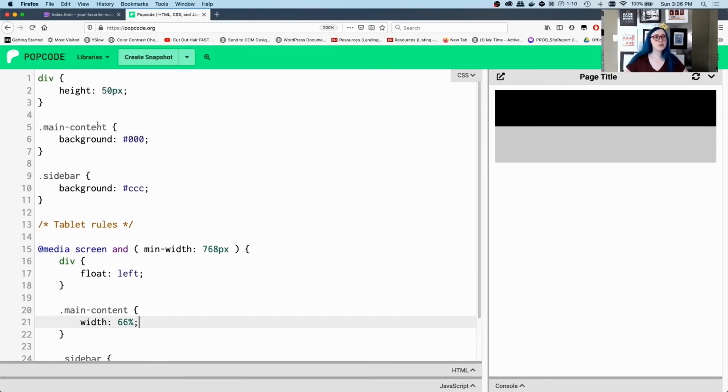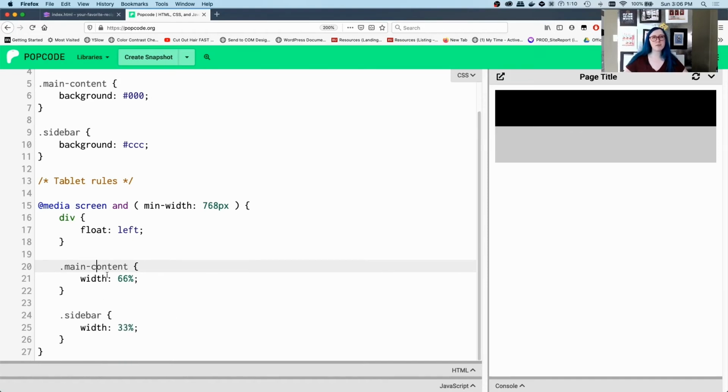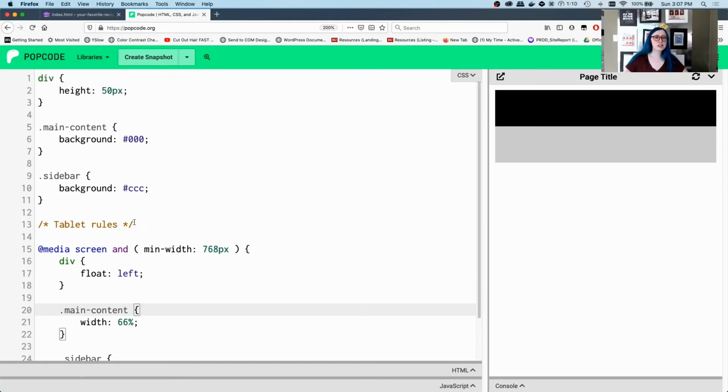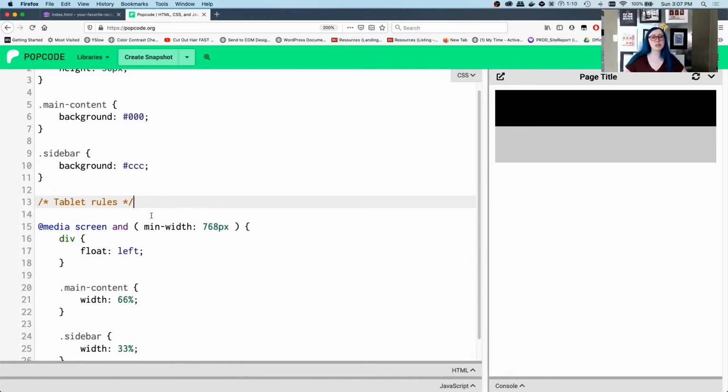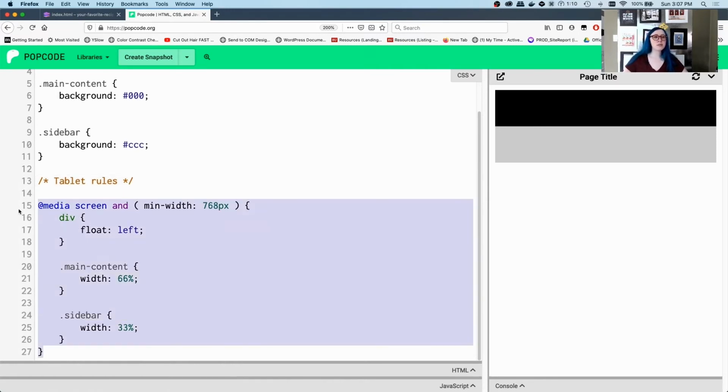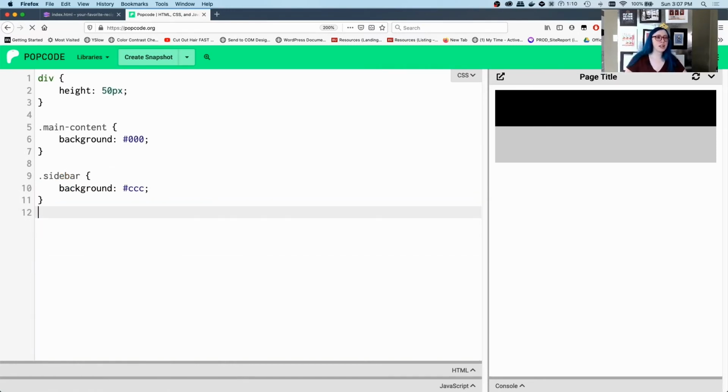So notice how you've got main content over here and then more main content rules down here. Now imagine if you had a whole page of styles here, tons and tons of styles, and then at the bottom, you had kind of all those same selectors repeated, but for a different screen size. That might get kind of hard to debug. So one thing that can help is instead of having tablet rules like this and having them all grouped in one media query, it can help to have these media queries inline